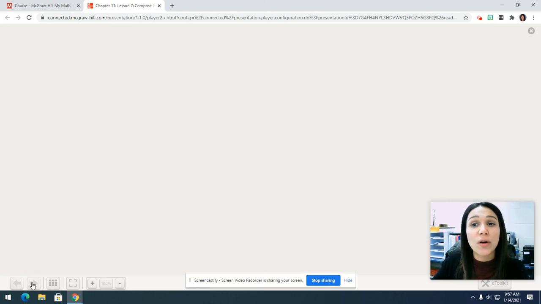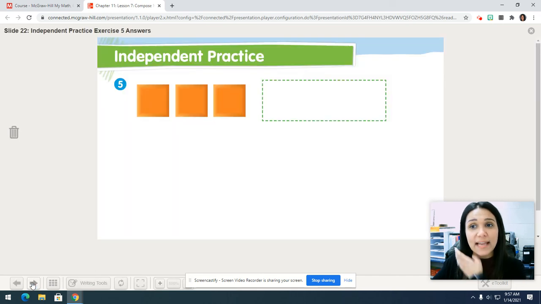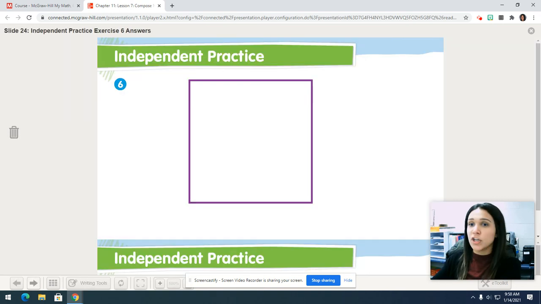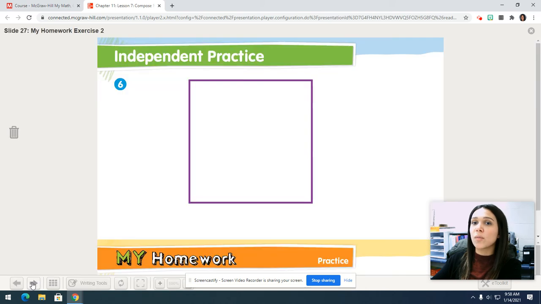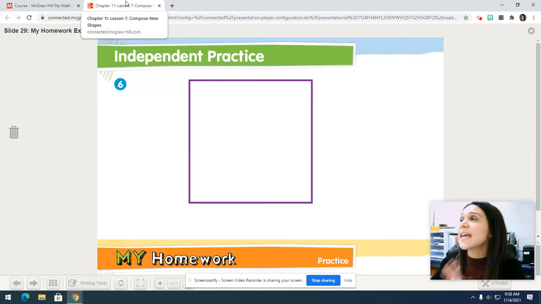All right, it is your job now to finish the rest of the composite shapes. Do your independent practice, also do your homework. If you are having a hard time drawing your shapes, that is A-okay. Stop, take a second, take a break,